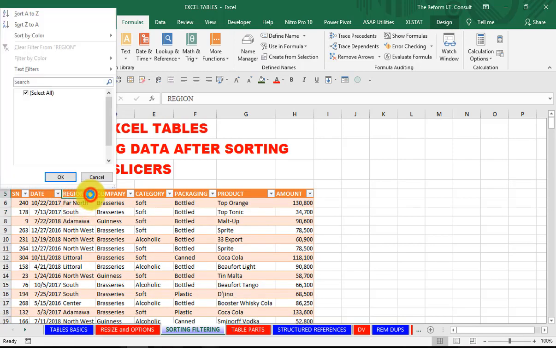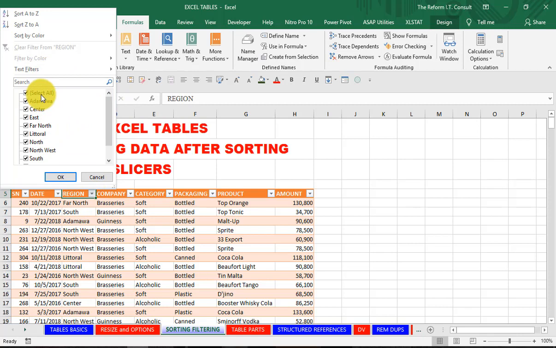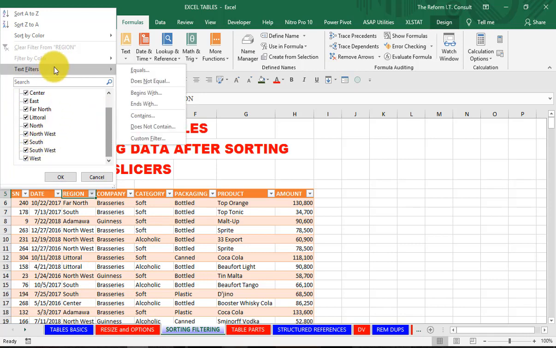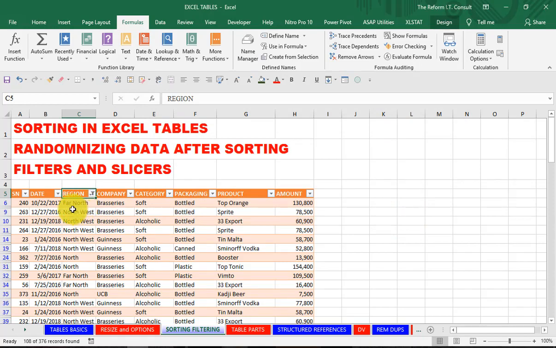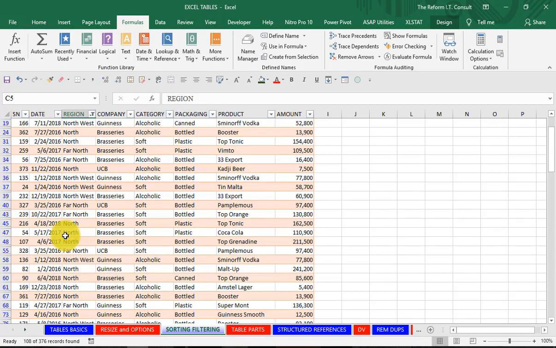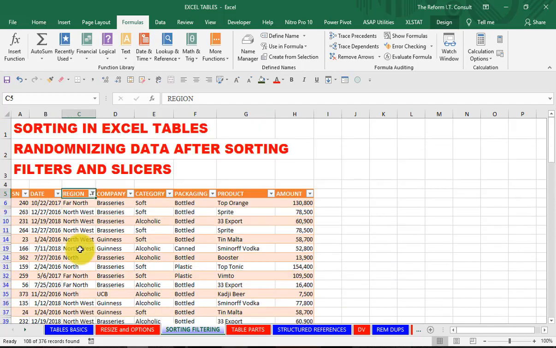The next type of filter will be text filters. When you click on this filter button, it gives you first a unique list of all the items in this column. So this is the unique list of regions that we have in this column. Then up here you have text filters. You could have equals, does not equal, begins with, ends with, contains, does not contain. Let's just try contains here and see what happens. When I take contains, I say north and click OK. So you have all the regions that contain the word north. There's far north, there's northwest, there is a north region itself, and those are the three regions that contain the word north inside. So Excel automatically filters that.